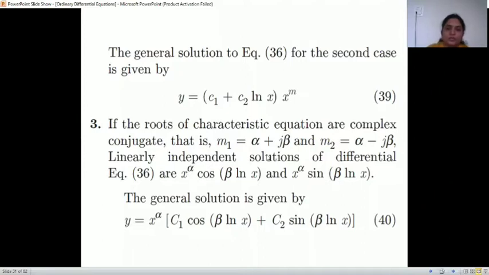Third type, if the roots are imaginary, that is alpha plus minus i beta, then we have to write the solution as x raised to alpha into c1 cos of beta into ln x